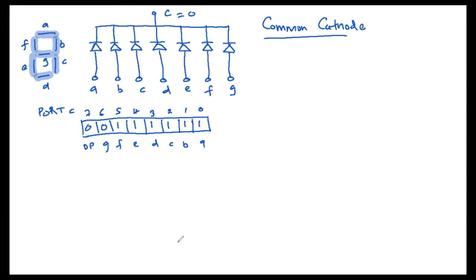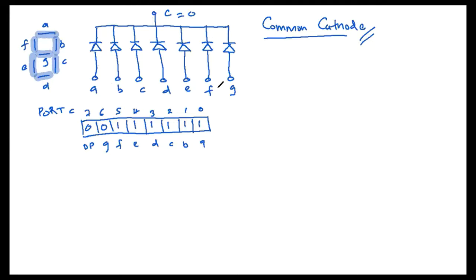In this lab, we are only going to be using a common cathode display. So let's see how we can interface a common cathode 7-segment display to a microcontroller, and how the driver program for a common cathode 7-segment display will work. As I've explained earlier, a common cathode is where the cathode part of the LED is common and the anode part of the LEDs are separate, and they are labeled by the segments A, B, C, D, E, F,